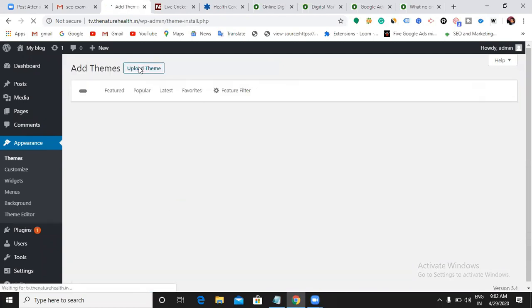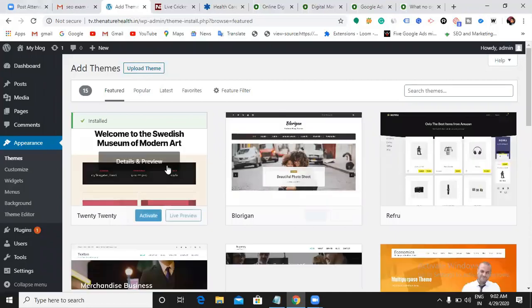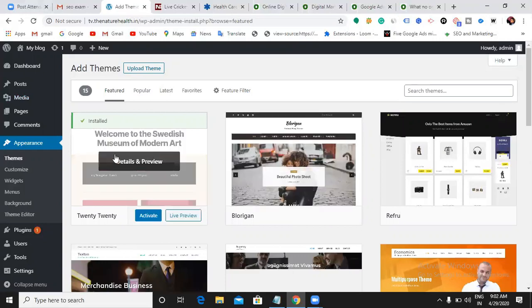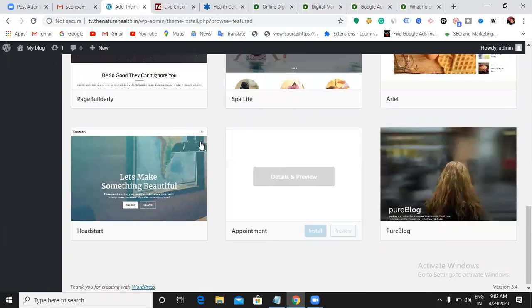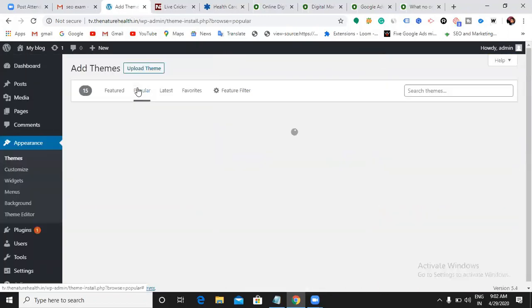Then you will find a lot of themes, free templates. You can happily use them. This is the installed one, activated right now. Here you can see many themes and designs. Pure blog. If you did not like anything, just go to the popular section.